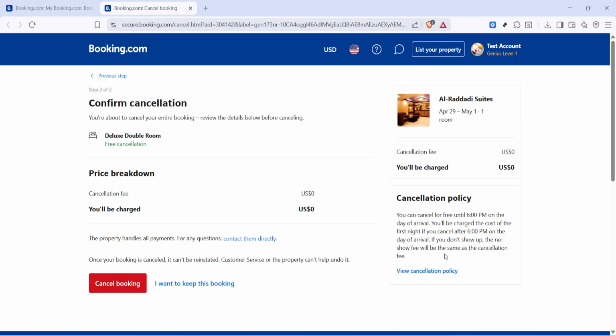That's it. By opening your profile, going to Bookings and Trips, selecting the correct reservation, using the three-dot menu to choose Cancel Booking, providing a required reason, clicking Continue, and confirming Cancel Booking, you can cancel your hotel reservation on